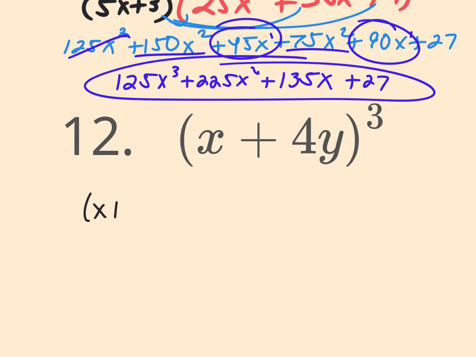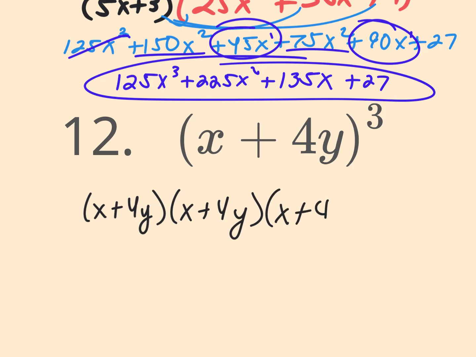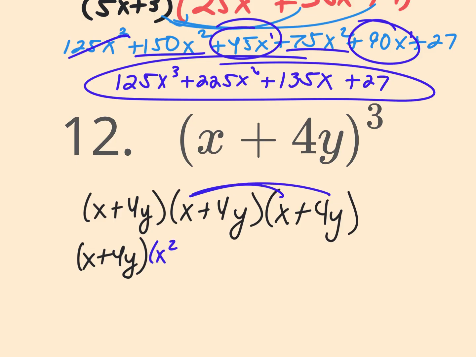I have x plus 4y. How many times? 3 times. So we're going to rewrite that first parenthesis and then FOIL. X times x is x squared. X times 4y, just 4xy. 4y times x, just another 4xy. And then 4y times 4y is going to give me